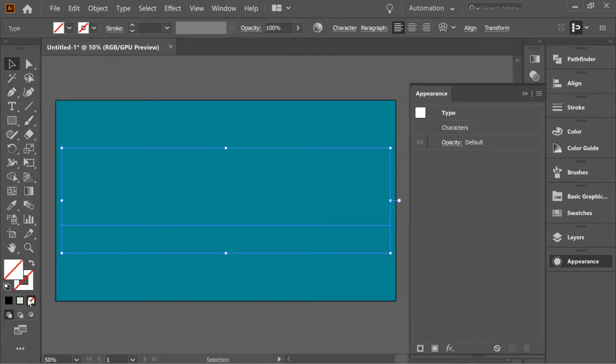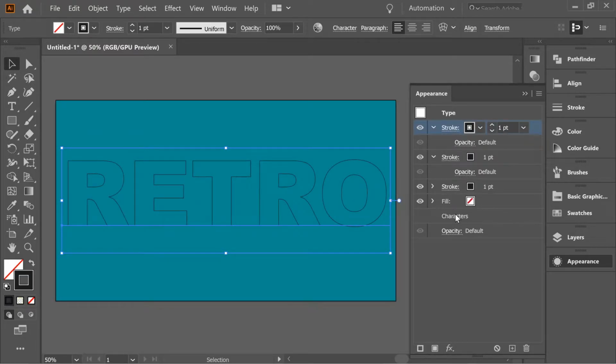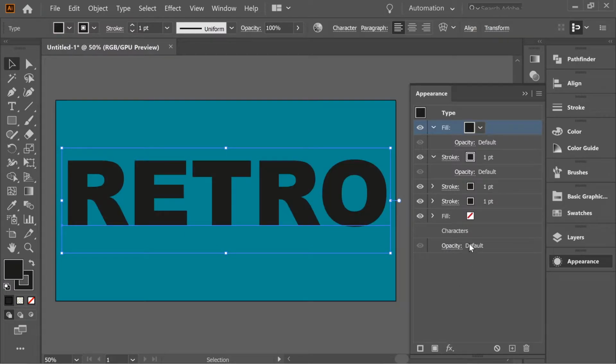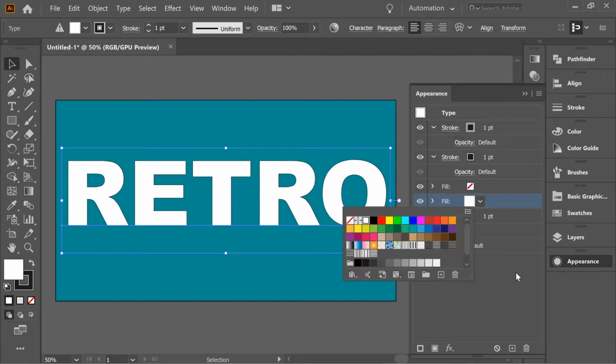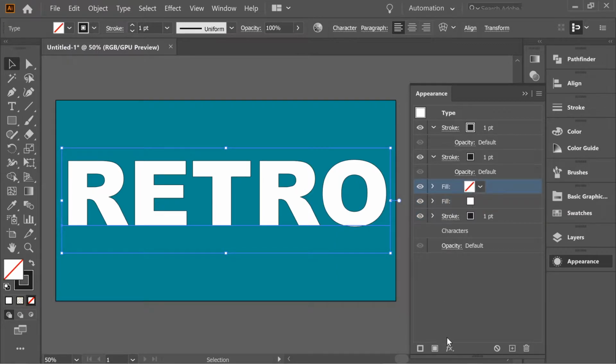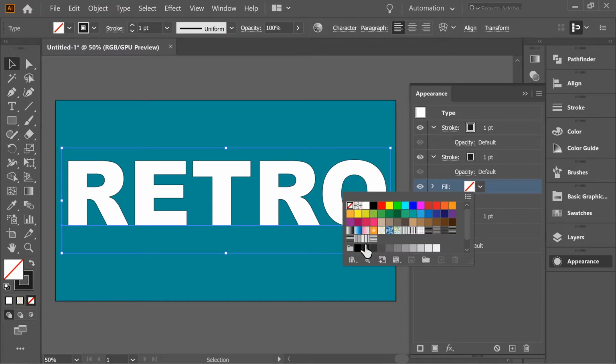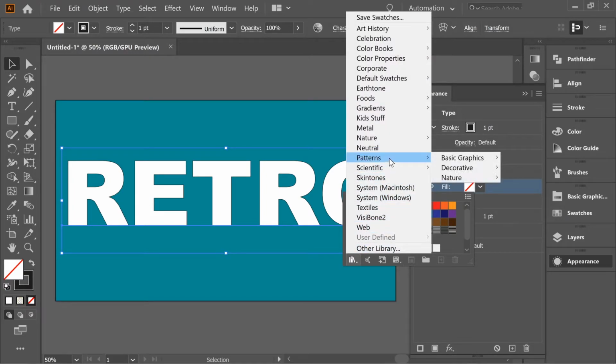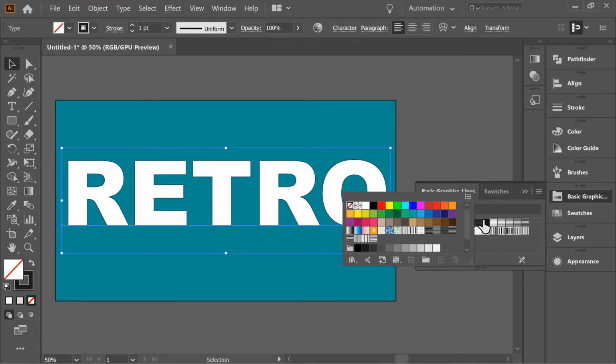First remove the fill and add 3 strokes. And there's a fill you can see here. Add one more fill and put them next to each other and put 1 stroke underneath them. Okay, the color of the first fill, put it white, and the second one, go to the library, go to patterns, basic graphics, basic graphic lines, and put it on